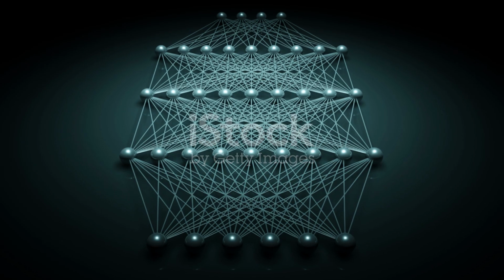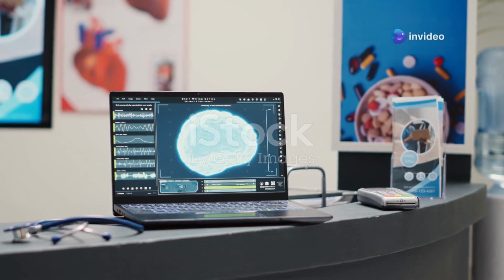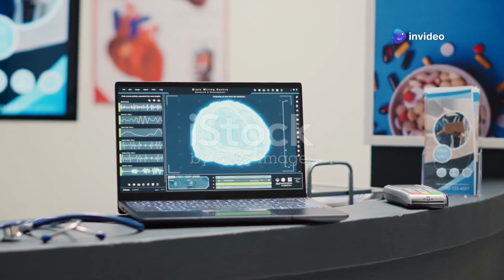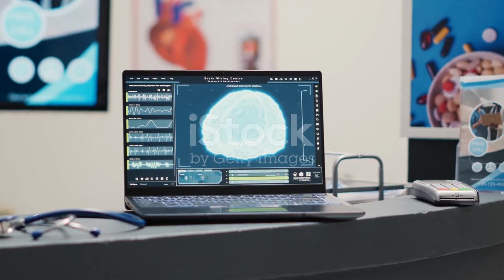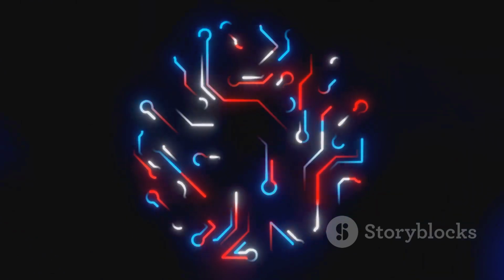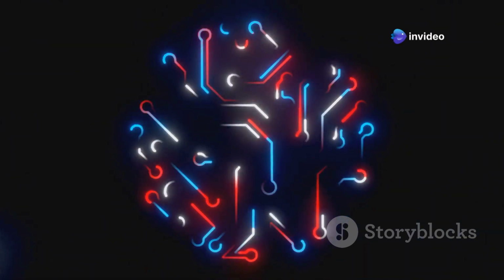The power of a neural network lies in its layered structure. This hierarchical design allows the network to learn simple patterns in the early layers and combine them into more complex representations in the deeper layers. By stacking multiple layers, we're essentially creating a hierarchy of knowledge, allowing the network to make sophisticated predictions based on